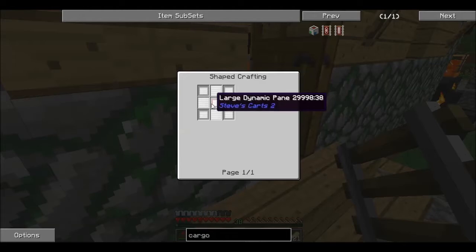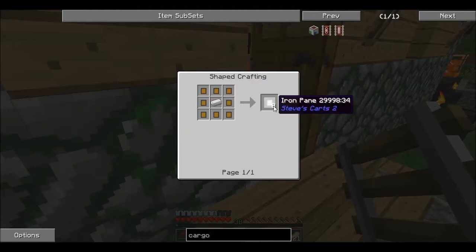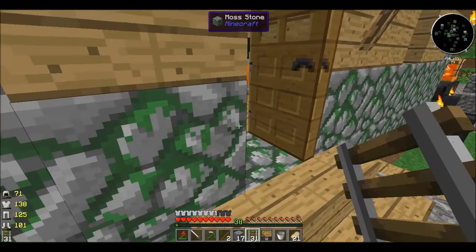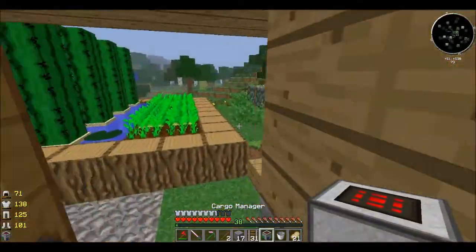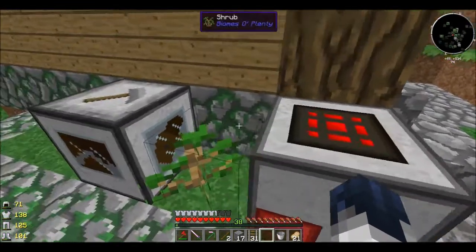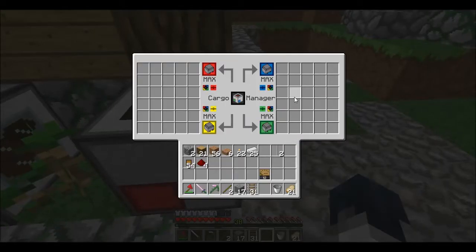There we go. So for this thing, I'll need this and all of that stuff. I'll craft that off camera. Okay, there we go, the cargo manager. Let's place this thing there. It's a really complicated interface, but I will show you what it's all about when my